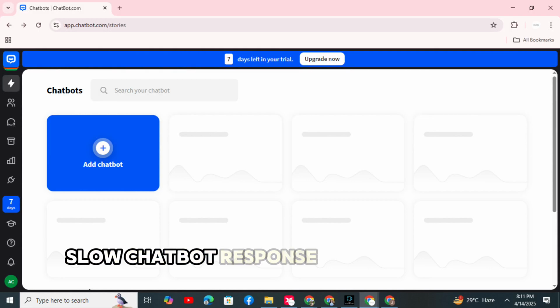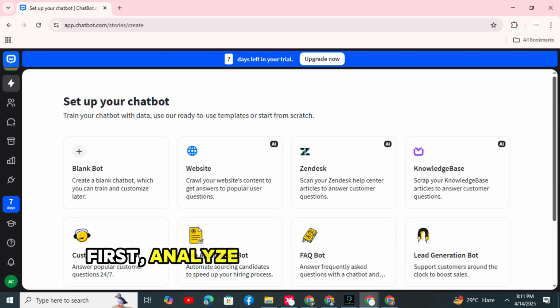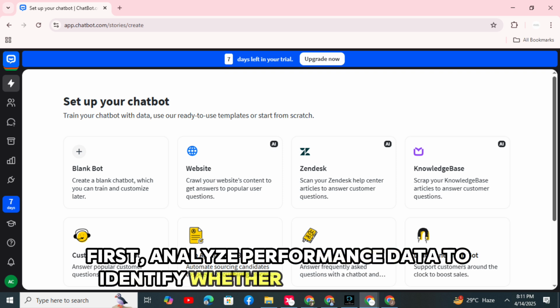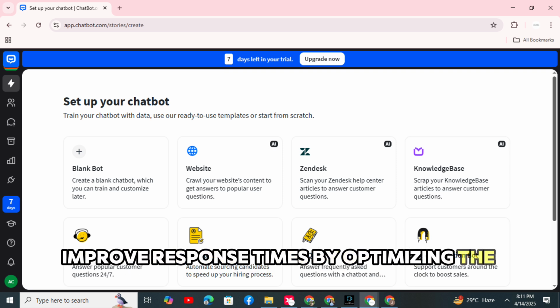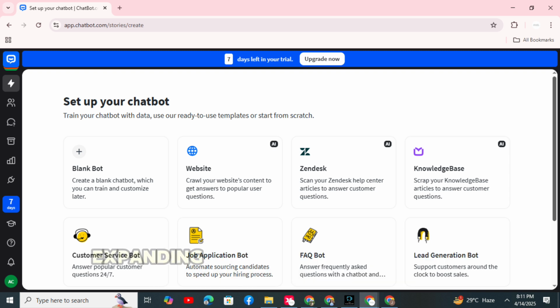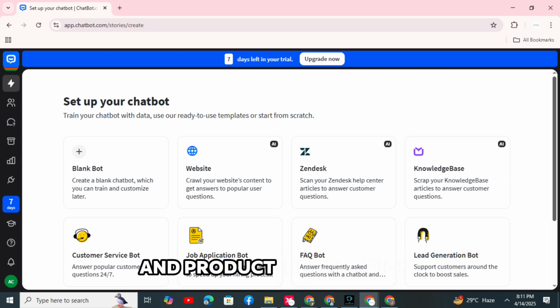Slow chatbot response times stem from several factors. First, analyze performance data to identify whether the problem lies in the chatbot's knowledge base, processing power, or design. Improve response times by optimizing the chatbot's training data, expanding its knowledge base with frequently asked questions and product information,